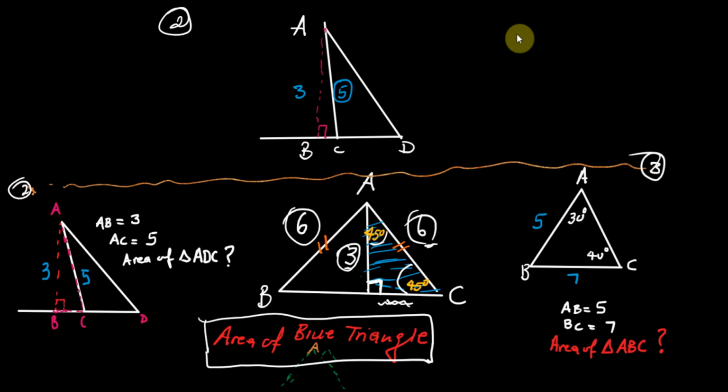Okay, and if we want to find the area of ADC, this is what we are looking for, the area of this triangle. So what we know is this is 5, and then this one is 3. So we can find the length of BC if we have this one is 5, and that is,